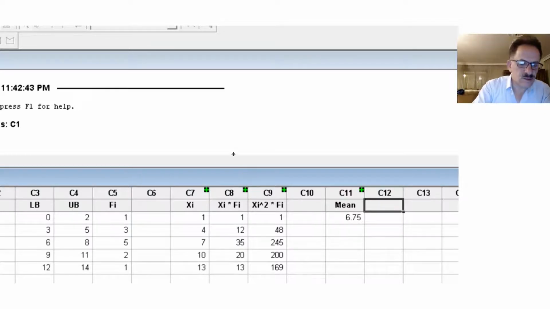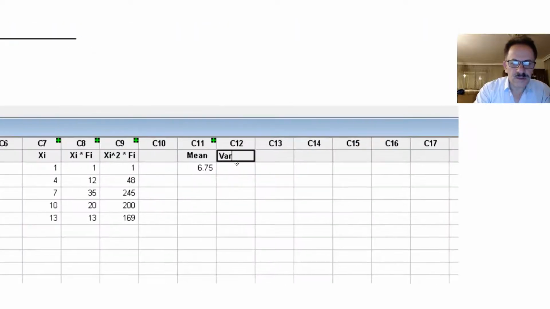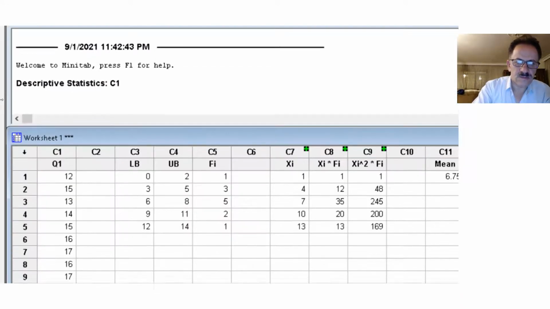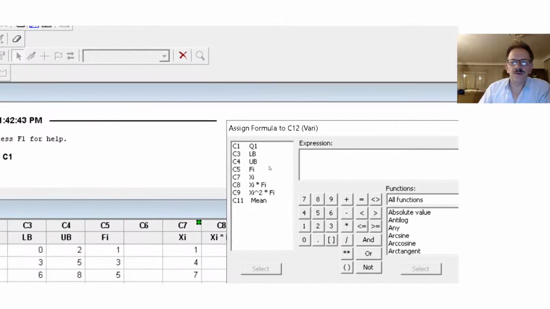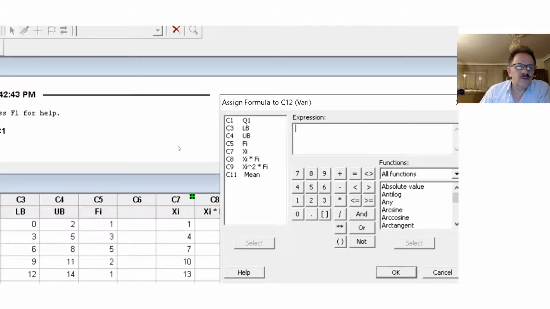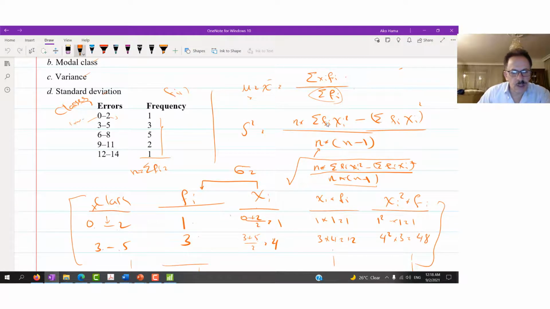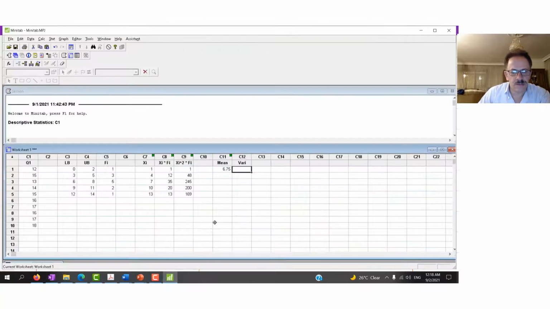What will be the variance or the standard deviation? Let me say the variance. Now back to this variance. Well, how should we do? We have to go to the summation function. Variance is equal to, as we know, then to find the variance we should first of all check the equation. As we said, here's the equation. We have summation of fi xi squared, summation n, which is the summation of fi itself, minus summation xi fi all squared divided by this number.